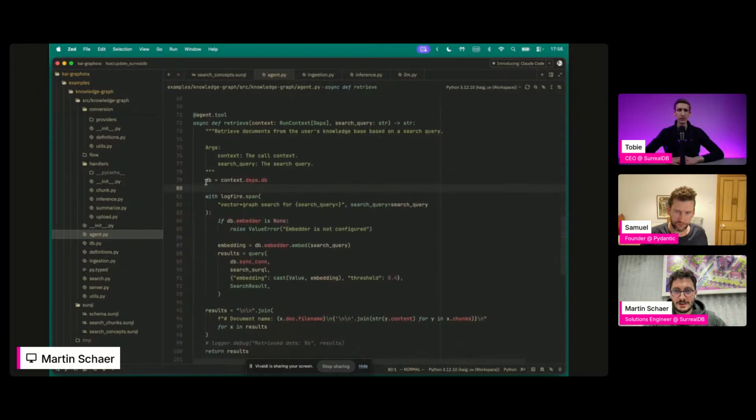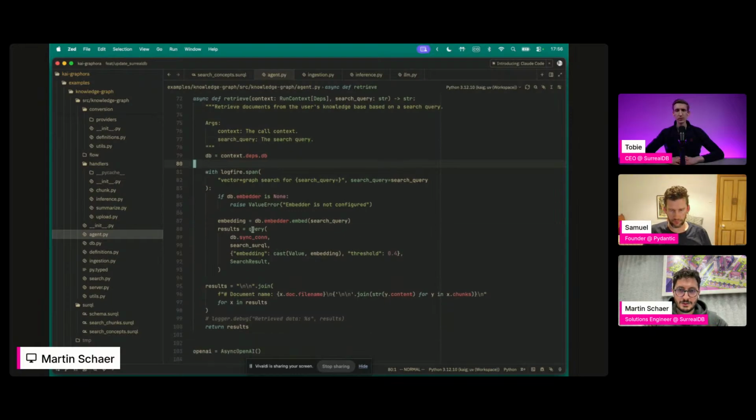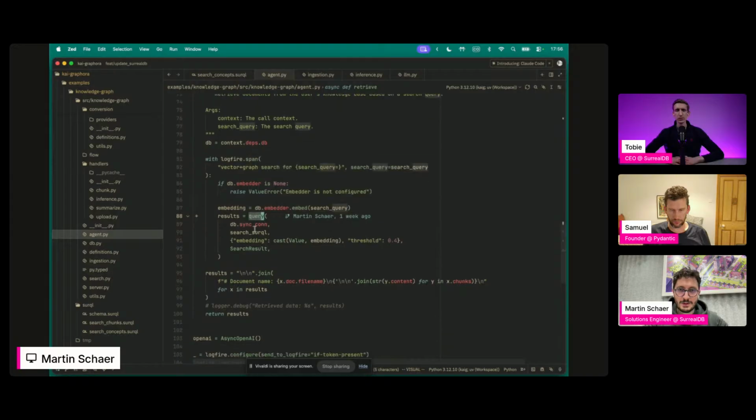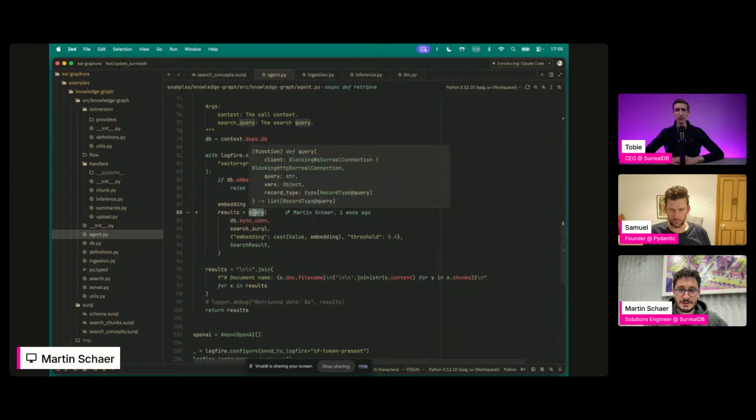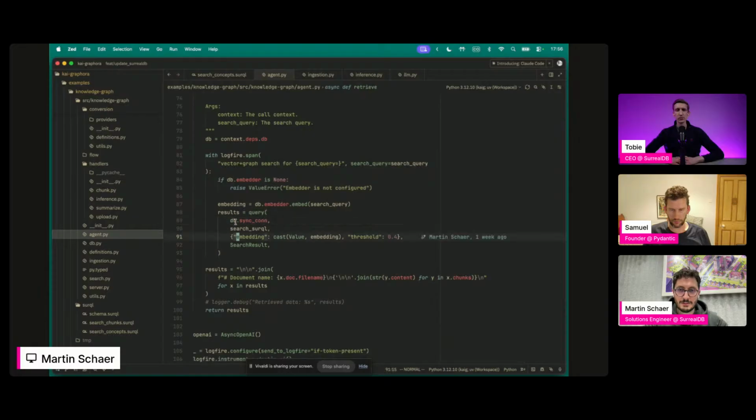Correct. Yeah. In this case, this database is a wrapper on top of the SurrealDB SDK because I'm adding a lot of util functions there, like to embed and insert directly and things like that. So this one is actually part of that. I'm running the query, passing the connection, the query, then the parameters or the values for the query. And this is my hacky way to have the query itself validate that the result is a valid search result.